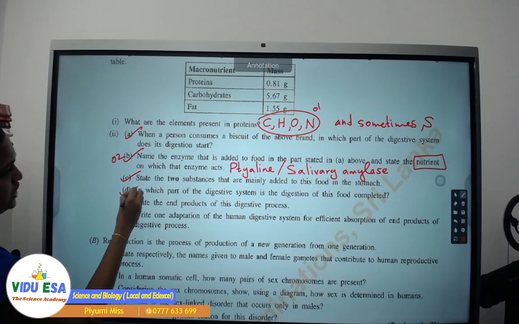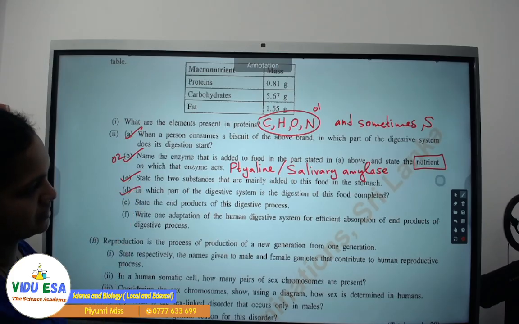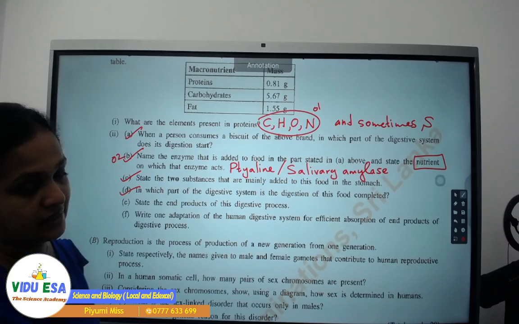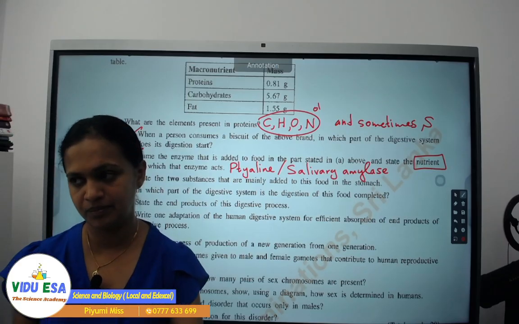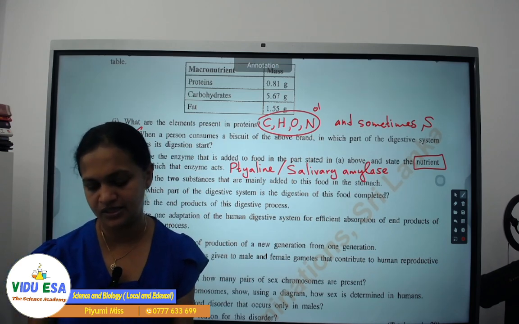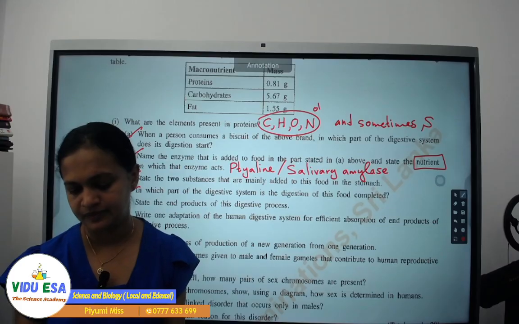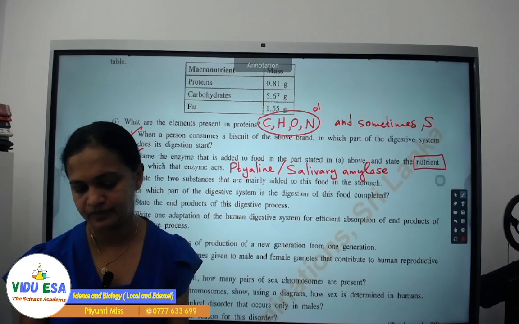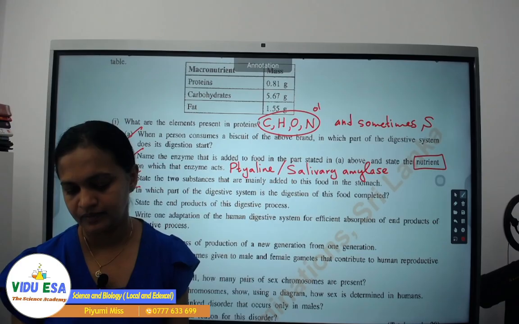Then in which part of the digestive system is the digestion of this food completed? Yes, digestion gets completed in the small intestine. Small intestine, 1 mark. Then,